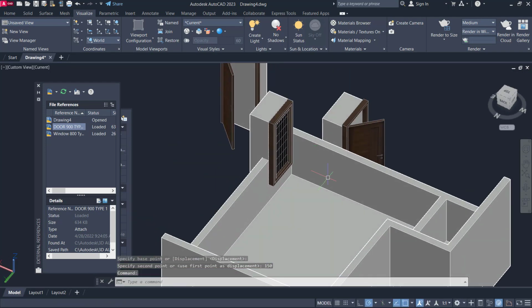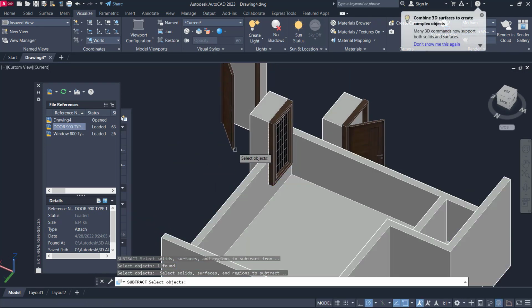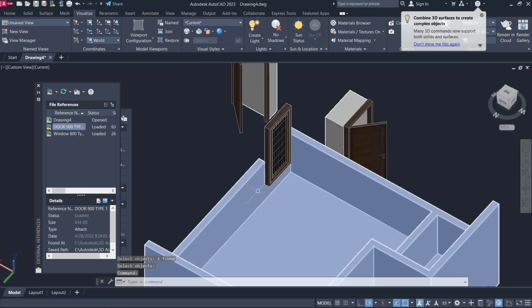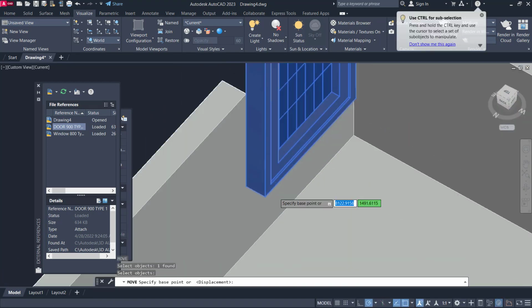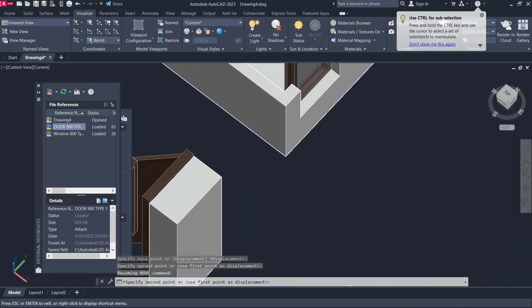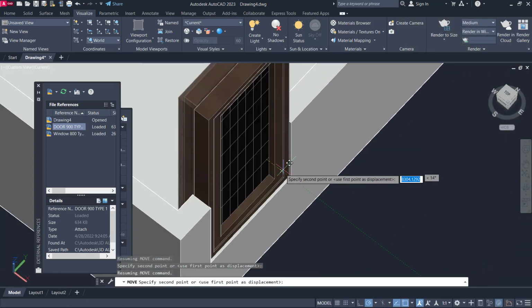Now you subtract this object with this object to be automatically cut. Then we can move this window start from this point into the middle point in here.